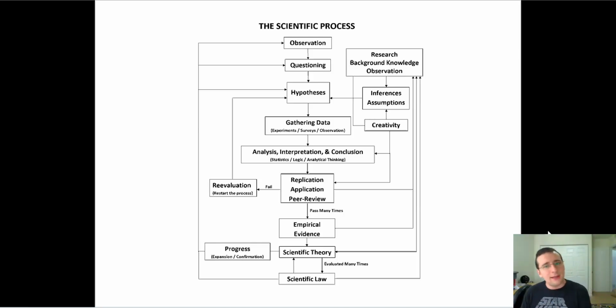Other scientists will pick that up and do what is called peer review. They will analyze the way you did things. They will analyze your thinking. They will analyze your methods. They will analyze your data, your conclusions. And they will try to replicate your experiment. They will try to apply your experiment to technology that can be used to improve the world. And this process of peer review will then build the scientific knowledge.